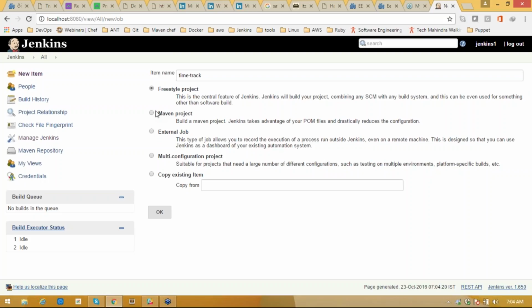That is up to you. You can work with a freestyle project, or if you want to select a Maven build, you can select that. There is not much difference. It is specifically designed for Maven-based projects. If you click OK,